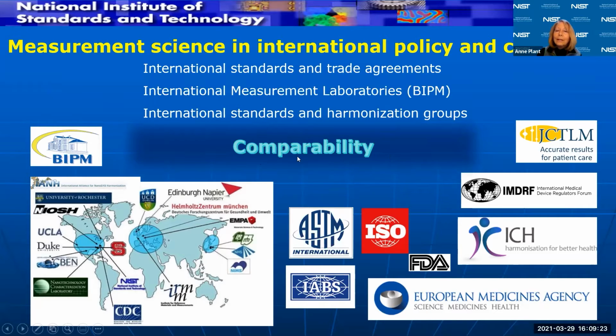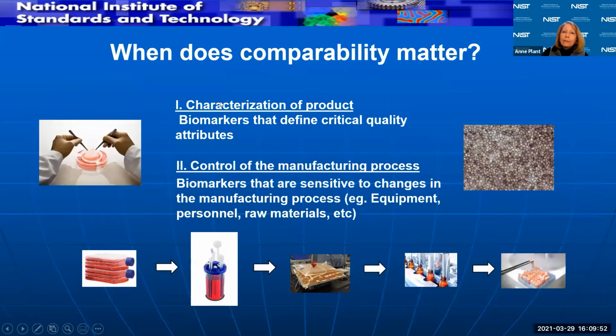So in other words, if some company in some country makes some measurements, how do the regulatory agencies in this country regulate that? There has to be a way that everyone has confidence about and can demonstrate the confidence that they have about their results. Now, of course, we work a lot with industry because that's kind of our primary function as part of the Department of Commerce. And so an example of this comparability that industry has to deal with every day is in a field that I work a lot with, which is the industry that creates cell-based therapy products.